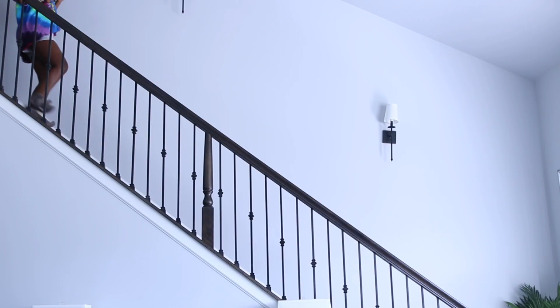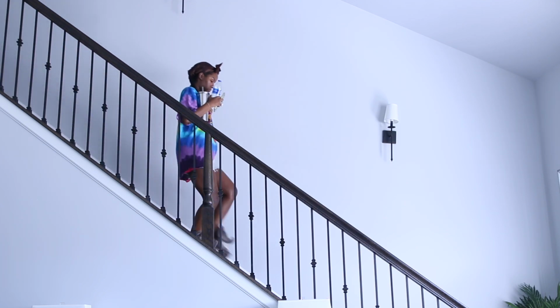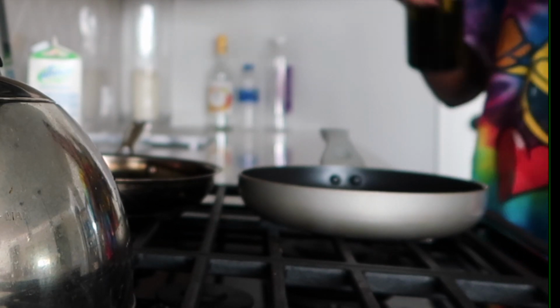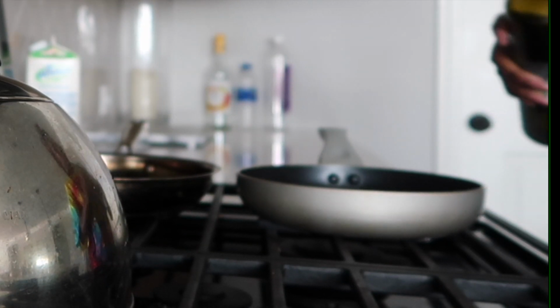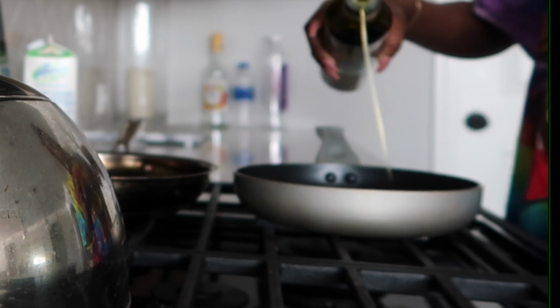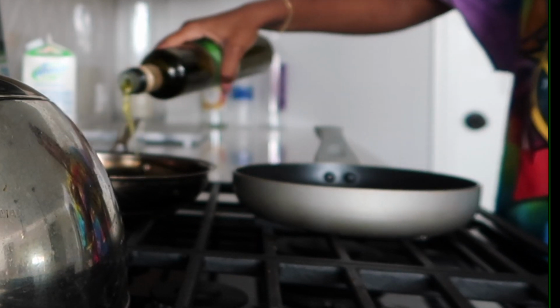So after I'm done doing all that, I just grab whatever I had in my room from the night before and just head downstairs and get ready to make some breakfast. My breakfast usually varies. I just rotate between the same 3 or 4 meals. This day I just had some hash browns and some egg whites, and I'm just putting some olive oil in